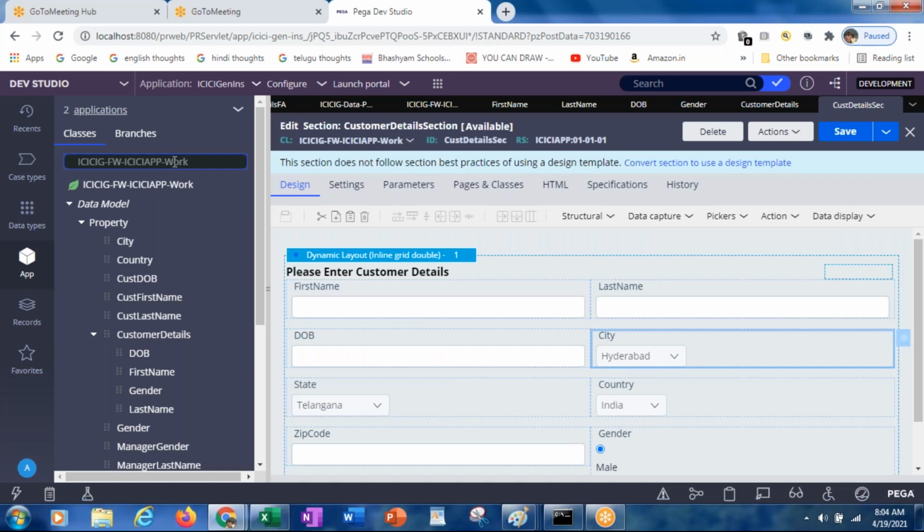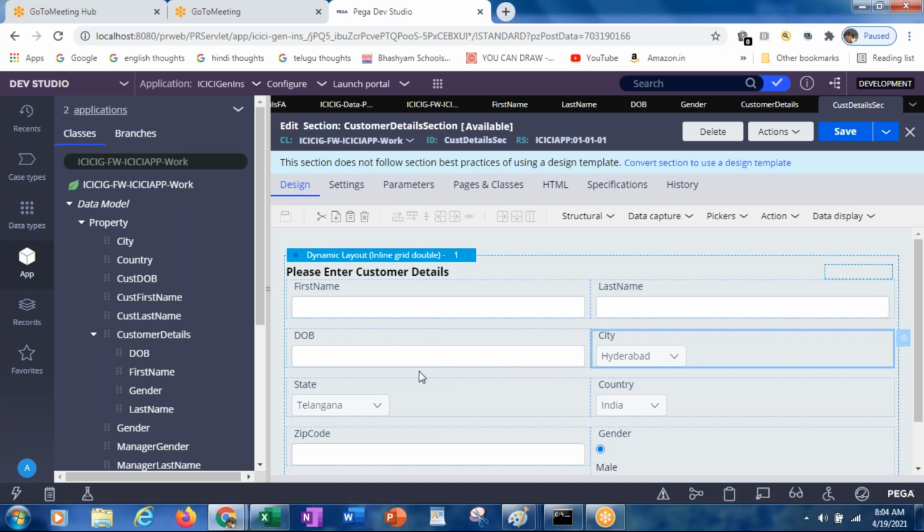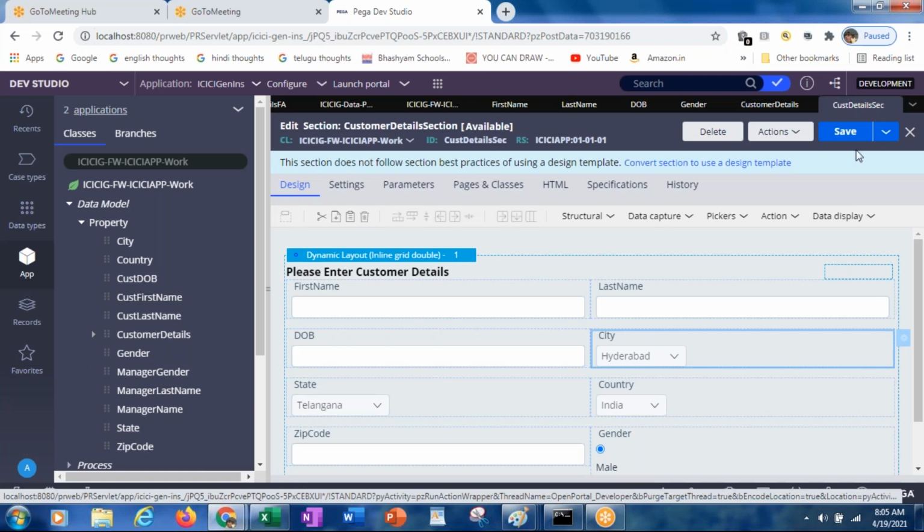Again, go to that person class and there you can create. Then without creating these single properties, we can create everything in the page, right? Now you can delete all these properties here. You can only have them under the customer details and then you can refer to it. Why? Because now for the customer details we have separate properties, for the manager we have separate. Now what I am doing is, for the customer details I have created one page property, from that I referred here.